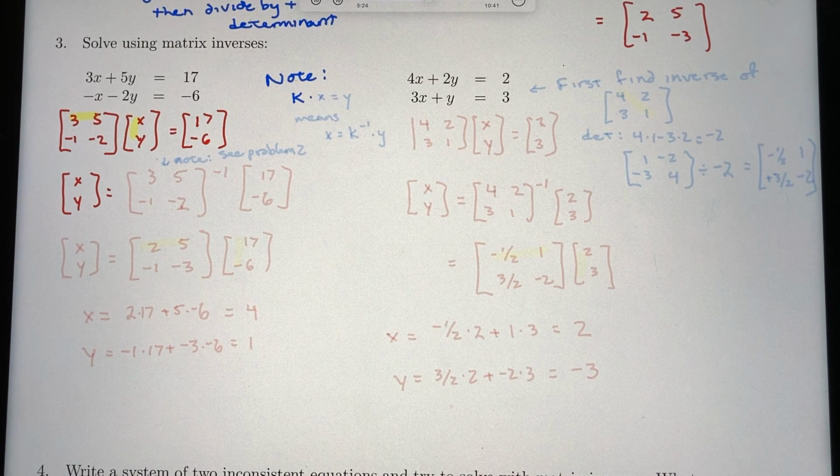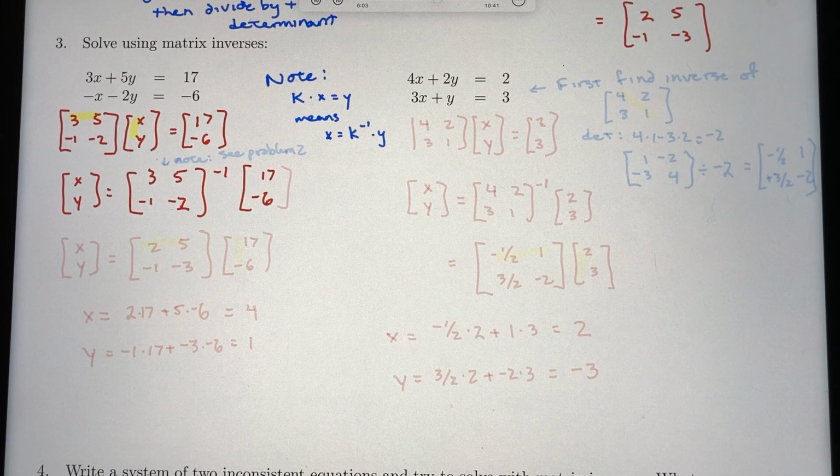Let me do it in one dimension. If I have a multiplication constant on the left, that's a big constant. If I want to flip it to the other side, I need its inverse. So I will have 3, 5, -1, -2 inverse times